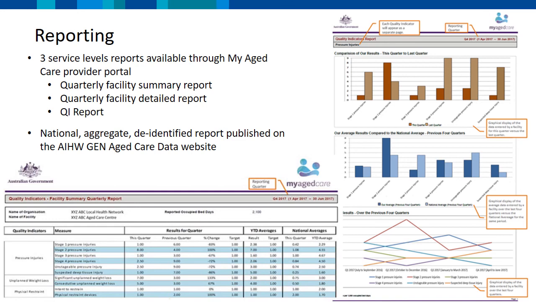Service level reports can be used to track quality indicator data over time and identify areas for quality improvement. Multidisciplinary teams are encouraged to consider this data and any factors corresponding to increased or decreased prevalence rates. For example, a service has noticed a consistent trend relating to the proportion of care recipients experiencing unplanned weight loss. While the data reported locally is similar to the national average on the QI report, they would like to reduce